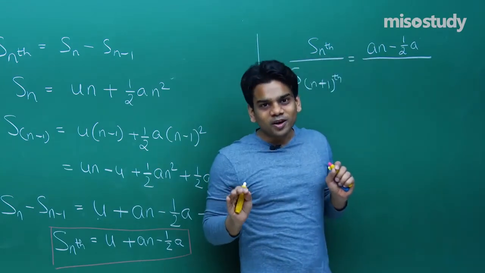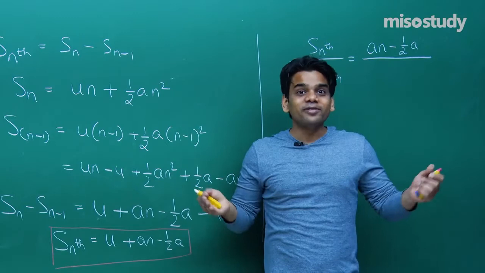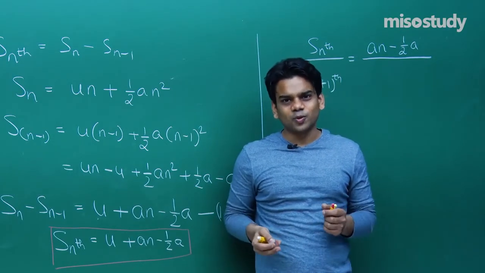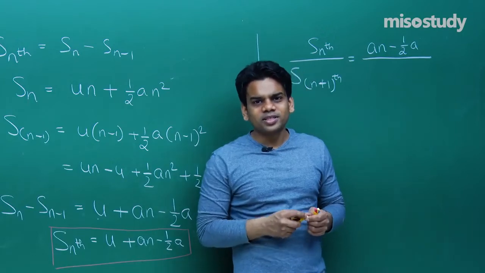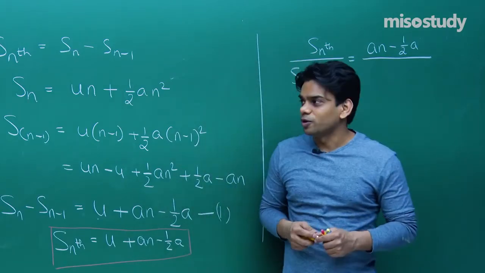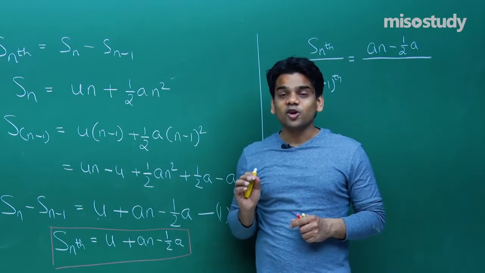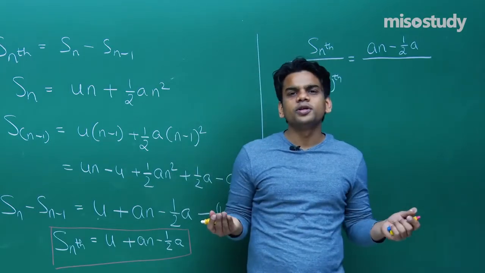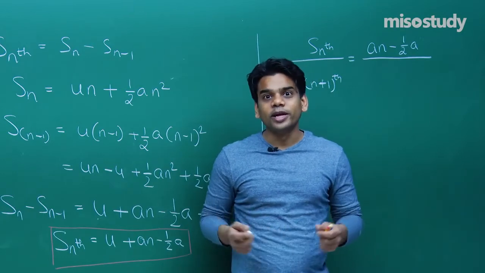Although the body moves down an inclined plane, you must be thinking, why are we using a, why not g cos theta or g sin theta? It will be g sin theta actually, but we'll see what role it has to play. You see in the answer, a has no role to play. So we'll check if we have any role, then we'll put a equals g sin theta. That we'll do later on.